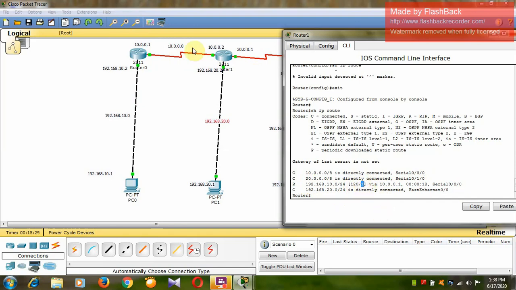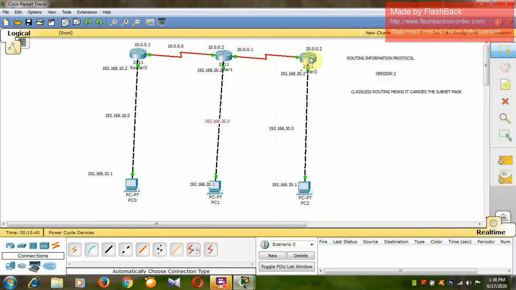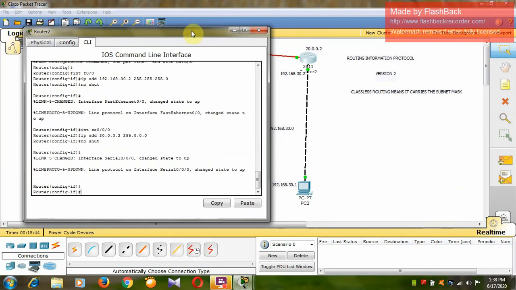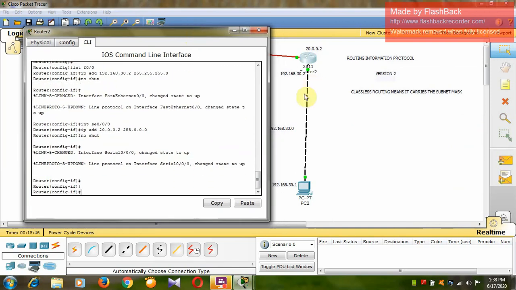So from this router to go to this network we are encountering only one router or one hop, therefore it is showing as 1. Okay, now similarly you have to assign here.